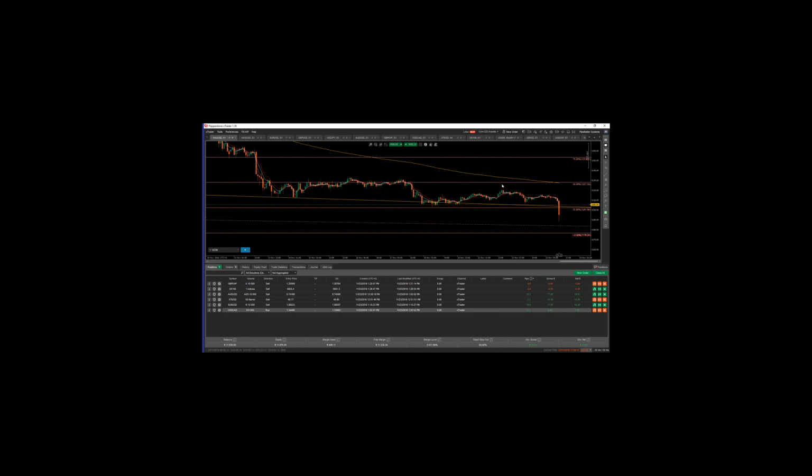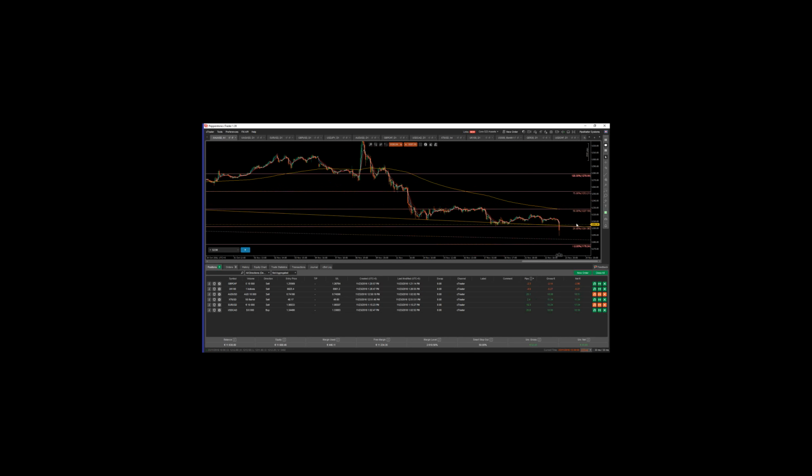Okay, either something happened in the world right now, literally either some boom happened in the world, or something. Basically, as I said, this is a very psychological level here. So it's only natural that the price, once it broke out of the 1200 level, would do something like this.